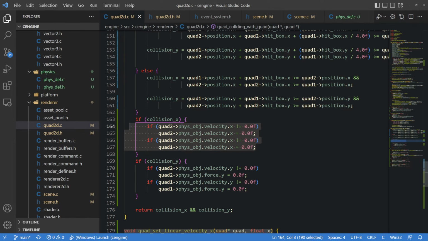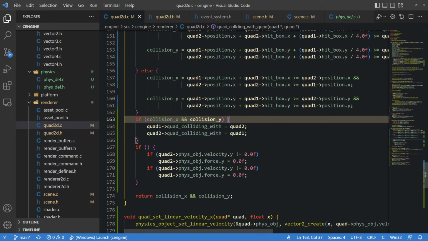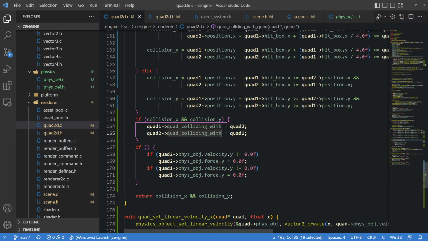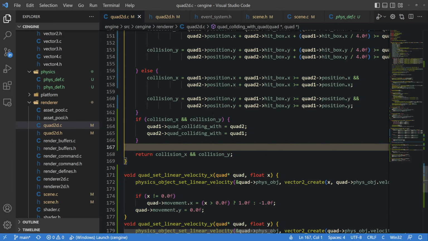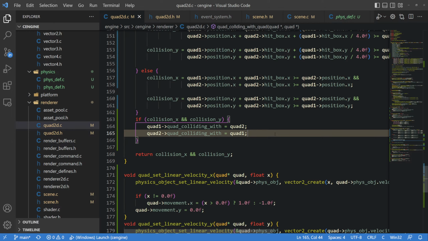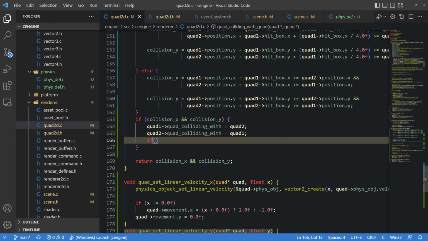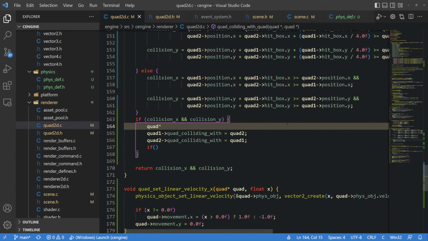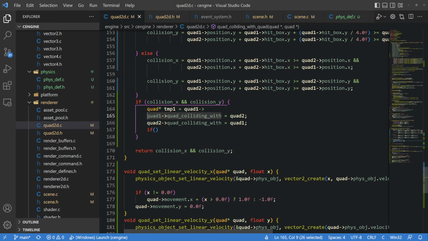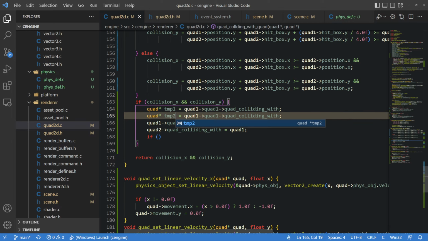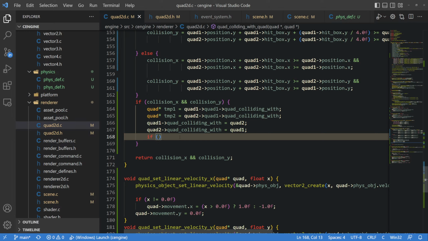If collision X and collision Y. And if quad pointer temp 1 is equal to quad 1 dot quad colliding with, temp 2 is quad 2, and if that, if quad 1 dot quad colliding with, if renderer, because we can get the index renderer to the, which we don't have included,